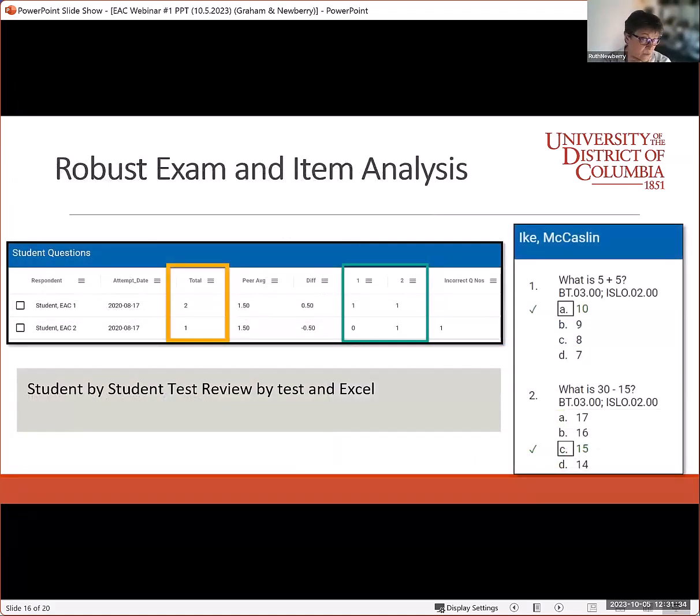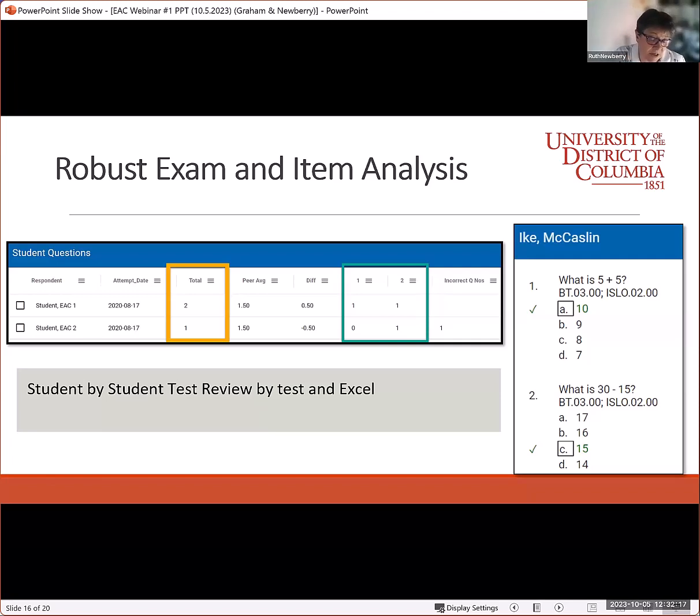One of the things I find most helpful from faculty, what they tell me at the instructor level, is that often they would like to see their students individually ranked from best to least, question by question, and be able to look at, did they get it right? Did they get it wrong? Where are my high scoring students? Which questions maybe gave them some difficulty as opposed to the lower scoring students? What were the common questions that they had difficulty with? So we're able to pull all of that data out